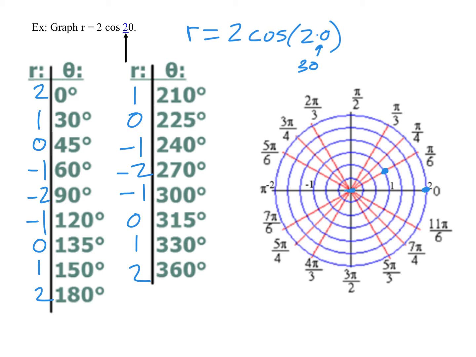-1, and then I go to 60, right? This one can potentially be a little bit tricky, right? I go to -1, but then I need to go counterclockwise. So I actually end up there, okay? Here's -2, and I go to 90, okay? -1,